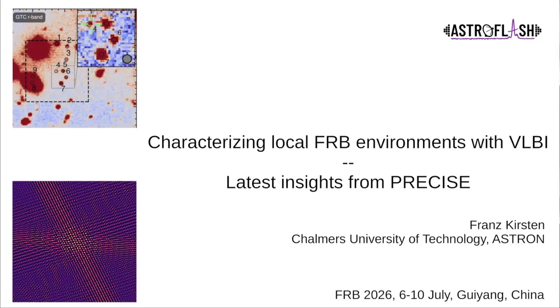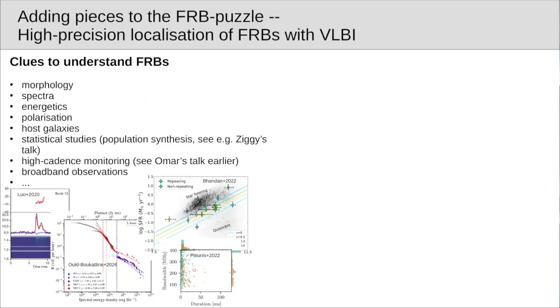So let's start off with why we do this. Of course, we all want to understand FRBs, and there are different ways of looking at them. Of course, morphology, time-frequency evolution, polarization. You can look at the host galaxies. You want to look at population studies. You can do all sorts of things. And what we do in this particular project here is that